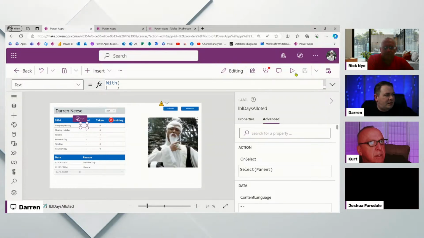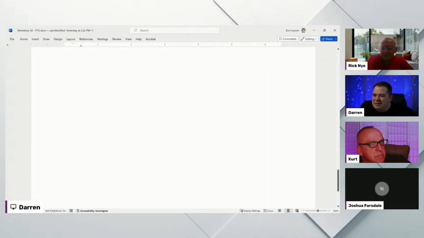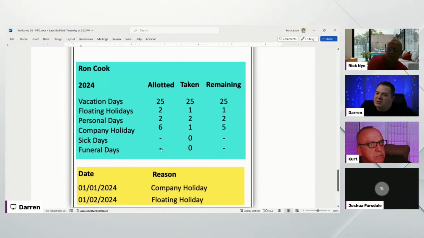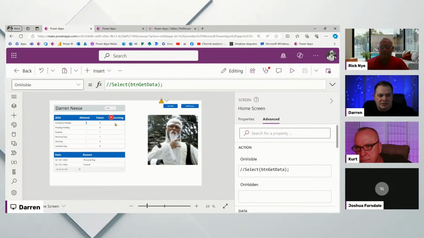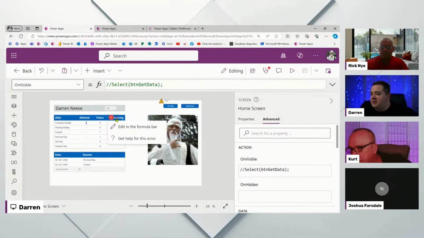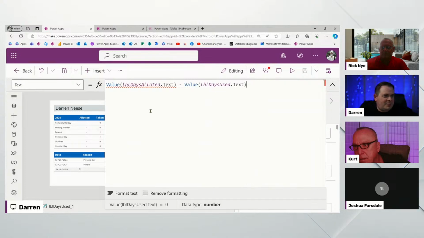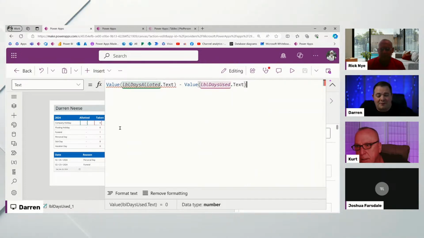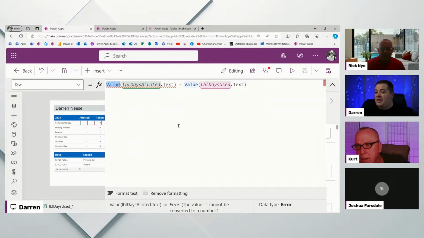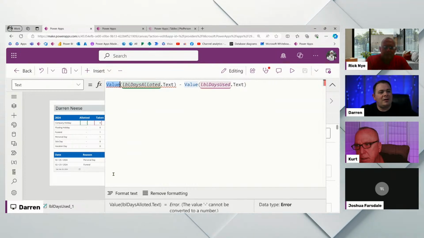So we have that. And if I run it, we have dashes. Why am I using dashes? Because the requirements called for it. And it was a little bit of a challenge. I could have used zeros instead of dashes, and we wouldn't have had this error that I have to deal with now. So I'm going to go in here and look at this. We have an error because a dash can't be converted to a number. And that's what the value function does, it converts it to a number. So what I want to do here